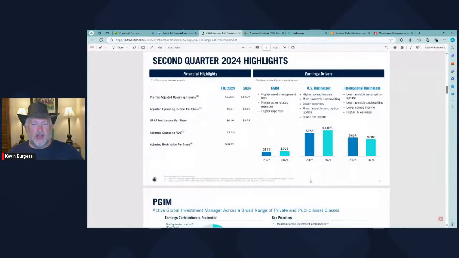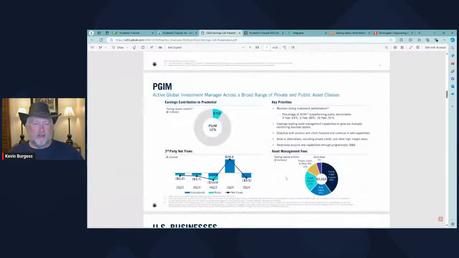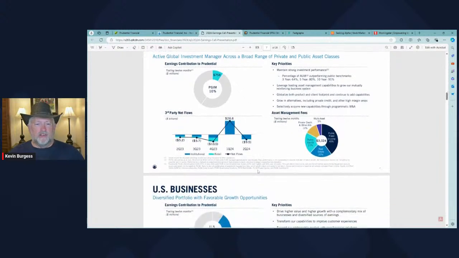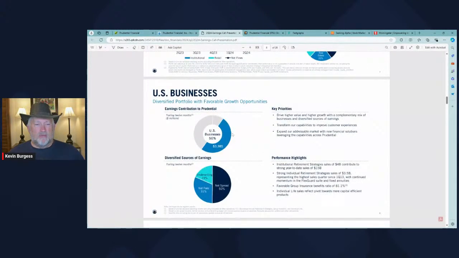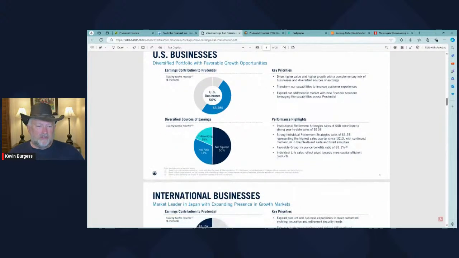Then I go and I look at the highlights and I see their PGIM business is growing. Their U.S. businesses are growing. Their international businesses, however, are down about 10%. So then when I go to PGIM, I notice that PGIM's only about 10% of the company. So probably not something I want to spend a ton of time on. However, I look at the U.S. and it is 50%. The challenge I have with Prudential is that 50% of the 50%, which is 25%, is